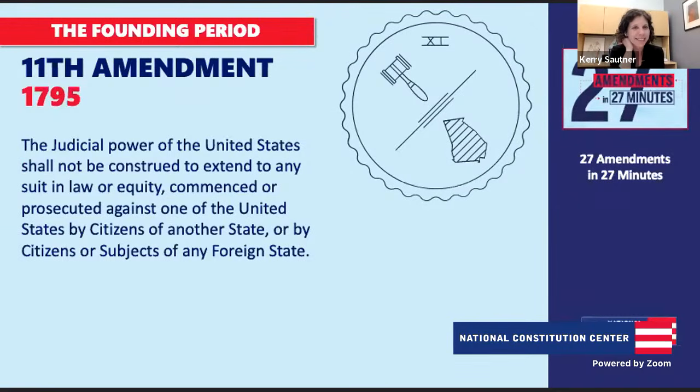What was going on? Yeah, so this is added 4 years after the Bill of Rights. It's ratified really, really quickly as well, in 7 months. And this amendment is one of the various amendments that we ratified that were meant to tell the Supreme Court they were wrong. There was a decision, Chisholm versus Georgia, which had to do with whether or not ordinary citizens could sue the states for various things. And the Supreme Court said yes. And then we, the people, through the 11th Amendment said no. And so the 11th Amendment is about protecting what's called state sovereign immunity, which is the state's ability to not be sued by ordinary citizens.